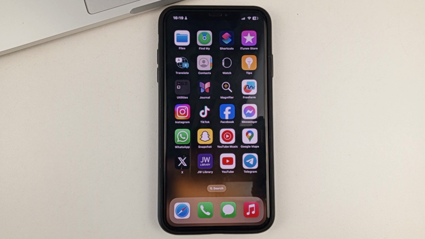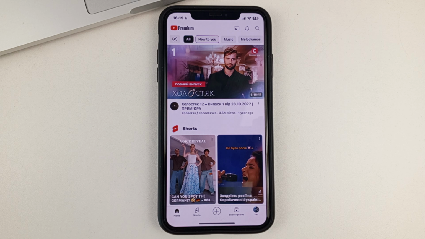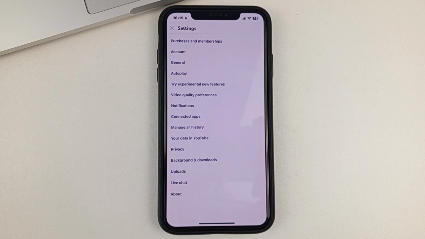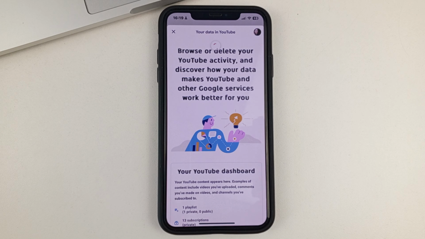So let's go ahead and get to our topic. Open up YouTube on your phone. Then you'll need to go to your page, your YouTube account. Then at the top, click on the gear to go to YouTube settings. And here you'll need to select your YouTube credentials. And then you'll need to scroll down